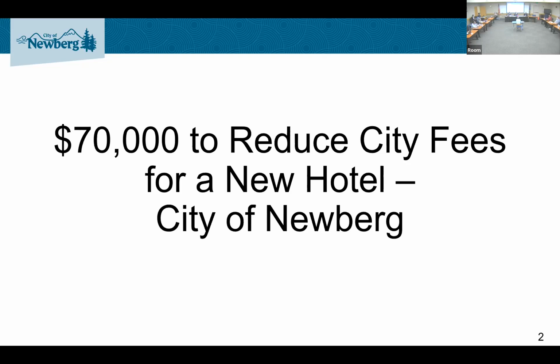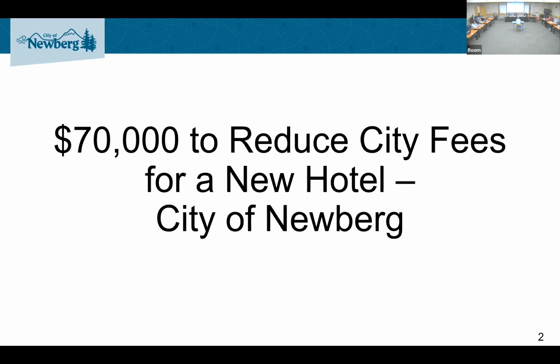The proposed developer did do a presentation to the city council back in July, sharing information about what the development costs were for this particular hotel, which the permits and SDCs were over $1 million. 763,000 of that is directly tied to system development charges. So the council over the course of the last year has heard a lot of conversations from the community about the cost of our SDCs. And this proposal is a way to try to attract this economic driver for our community by reducing down by $70,000 their SDC costs.